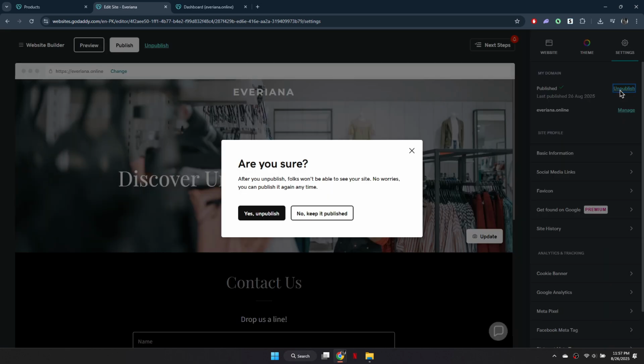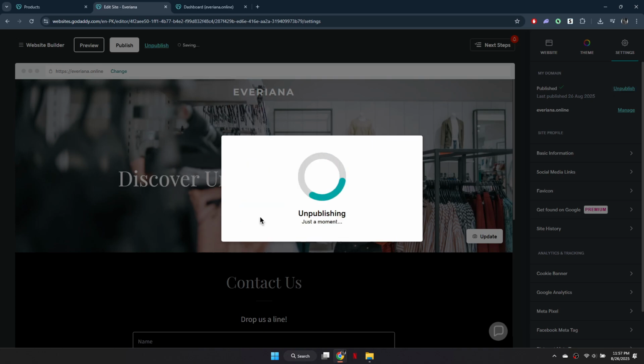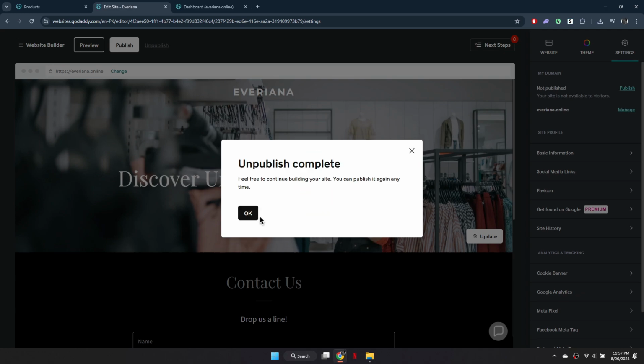Don't worry, this doesn't delete your website or its content. It only removes the temporary placeholder so visitors can view your actual site. Once you've unpublished the Coming Soon page, refresh your browser or revisit your domain to confirm that your real site